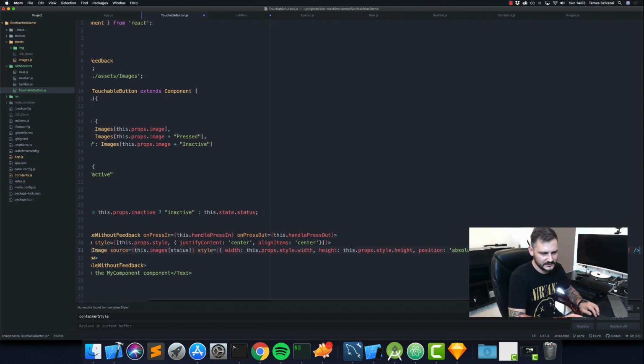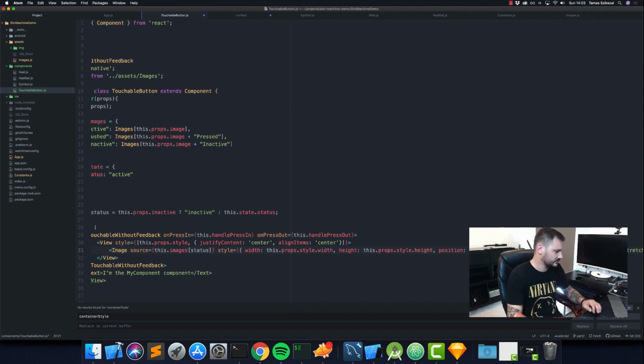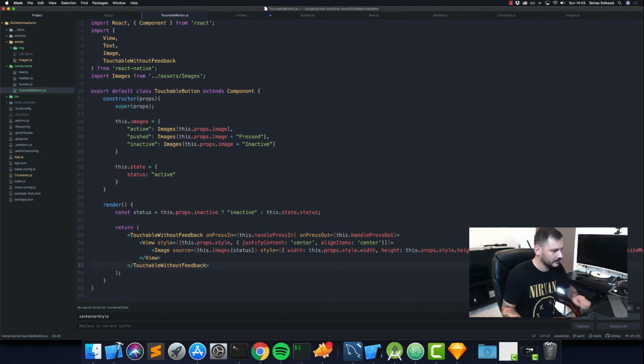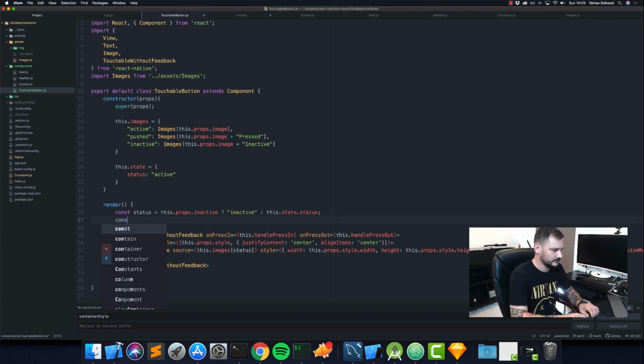So if we pass in some funky resize mode, then it should be resize mode, otherwise stretch. Okay, cool. And maybe I want to pass in some sort of content, so const content equals this.renderContent,